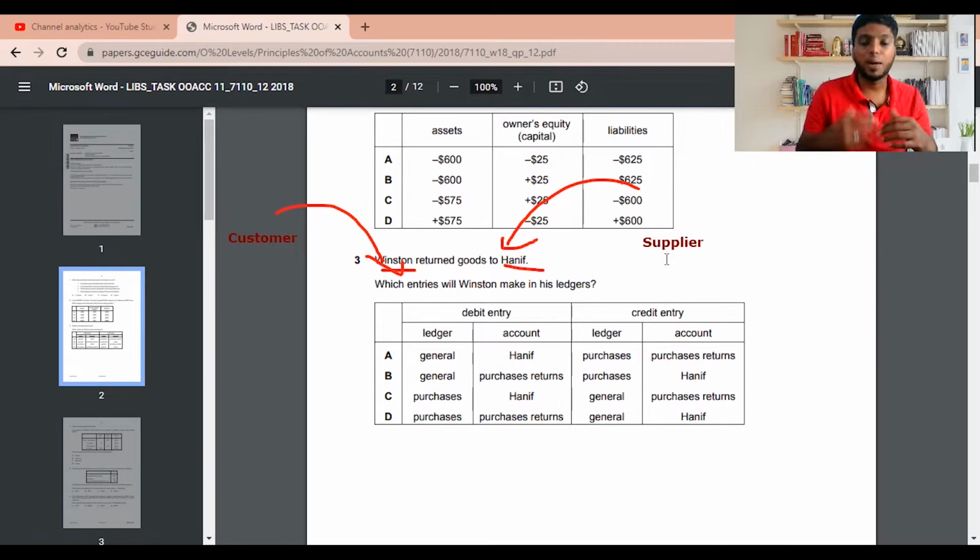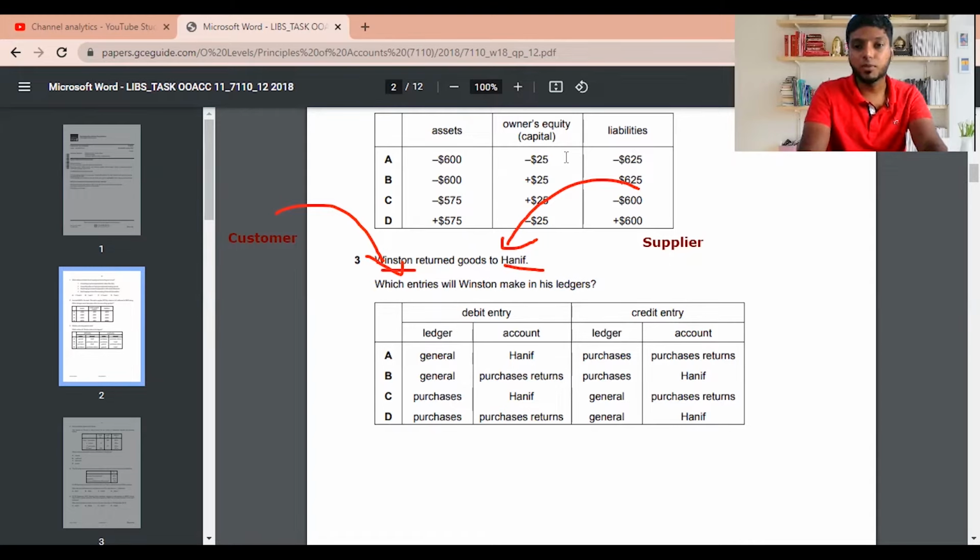If I am Winston, I'm going to return my products. If I return my products, it is going to be returns outward. So if it is returns outward, what account, how will we record? Is it debit or credit? Remember one particular thing. When I return the goods from the business, for me it's a profit because the money which I need to pay, I don't want to pay now. And when I return as Winston, we are returning the goods to the credit supplier. So purchase returns will become on the credit side.